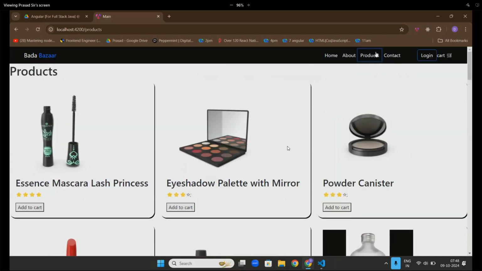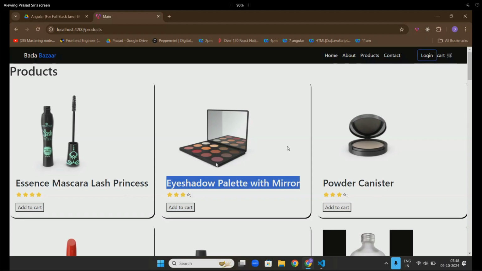Now, what logic do we need to do? If I click on add to cart, the cart should be updated. When I open this particular eyeshadow, I need one more page, a product page. And if I click on this, I need a cart page. These are the three things: updating the cart, the header, and the product page and cart page. Once we do that, the basic thing will be over. Any doubts? No.